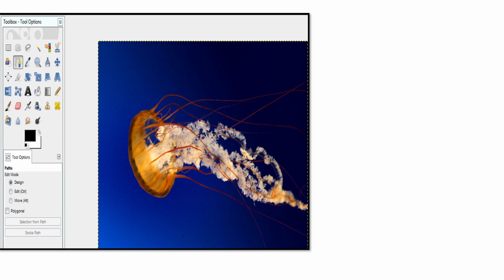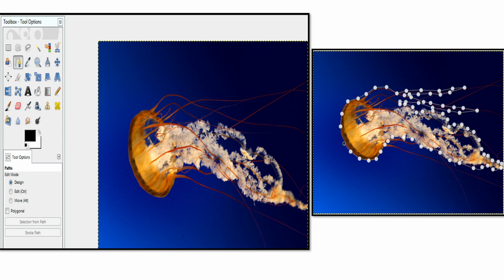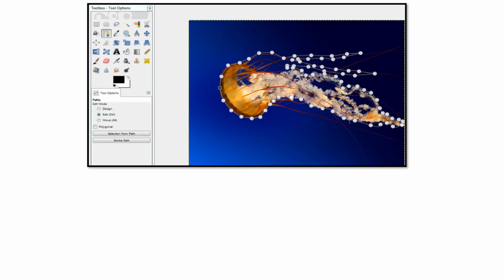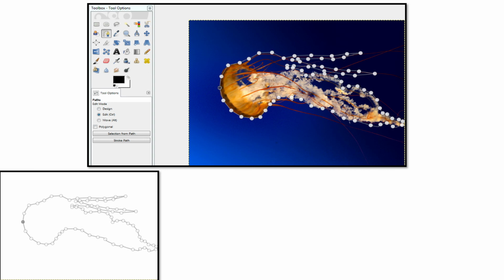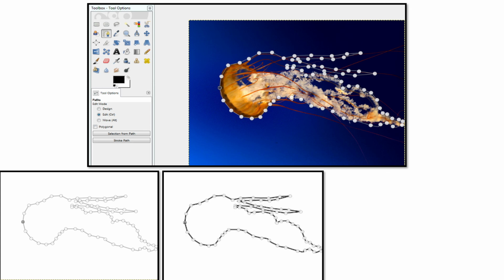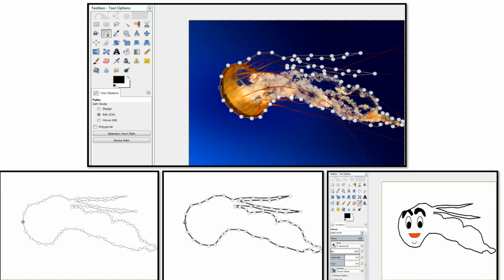I explain with the help of a screenshot. First I open the picture, then select the path tool. Look at the tool options, design mode is enabled, then you have to select it. At the end you select the edit mode and close the picture, then press the delete key, then the picture appears like this. Then you apply the outline: for that, select stroke path, then the picture appears like this. Then I edit the picture like this.